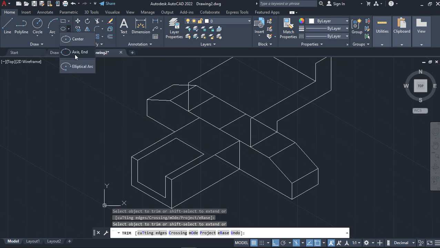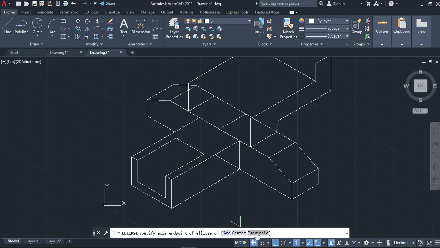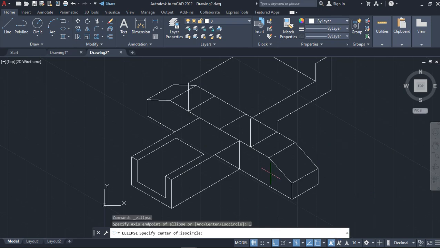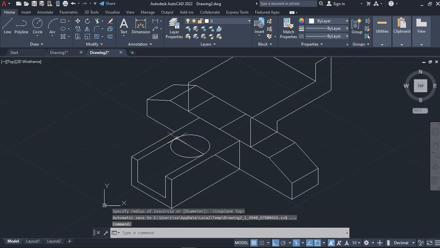Do this kind of ellipse, axis in the ellipse. Then after, click on isocircle, or right click. You can use right click isocircle. Select by selecting isocircle. So click on it and click at the midpoint. Yeah, this one is the midpoint of the rectangle. So click on it and just Control E and click at the end point. Close, delete this one